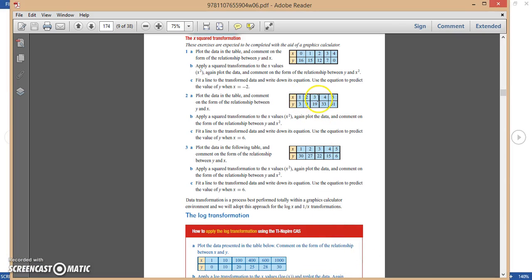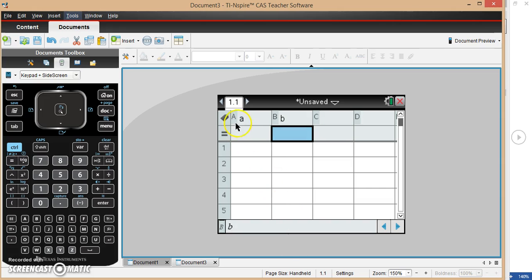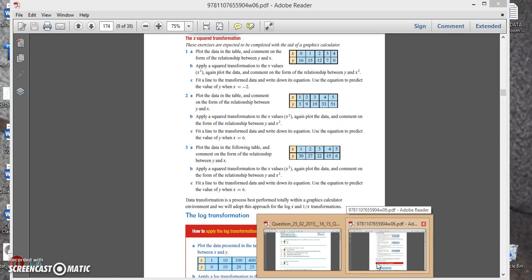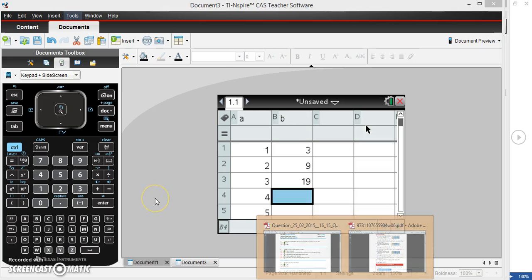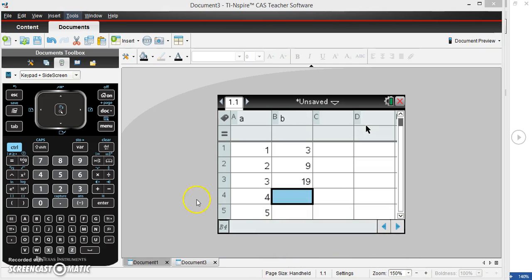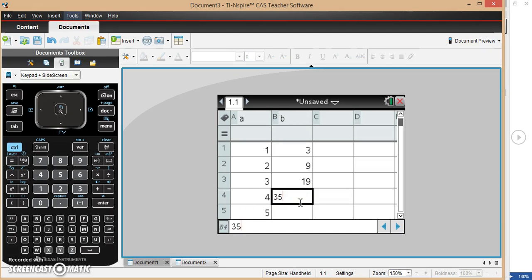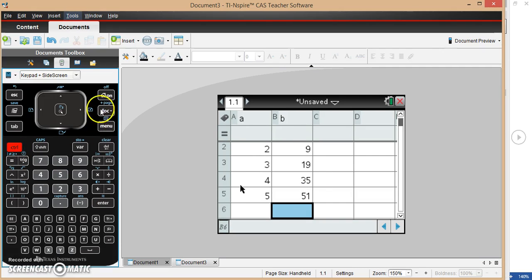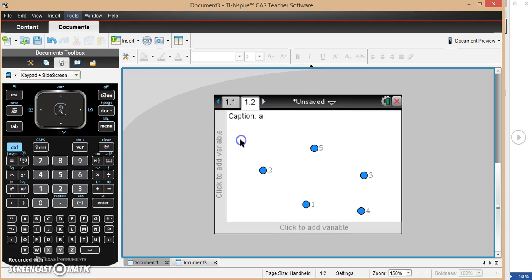So I'm going to use this data here. This is from 6B. 1, 2, 3, 4, 5, 3, 9, 19. So I've labelled my list and spreadsheet. 1, 2, 3, 4, 5. So it's 3, 9, 19. Just quickly check that. 3, 9, 19, 35, and 51. So that's all my data put in,